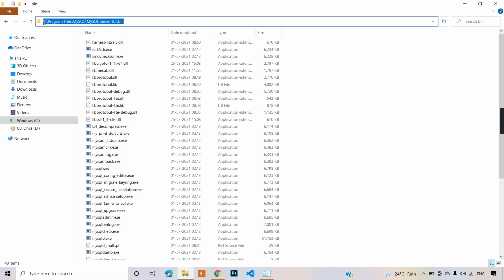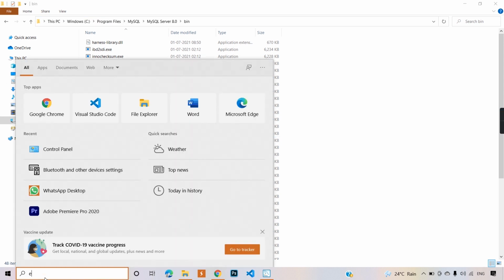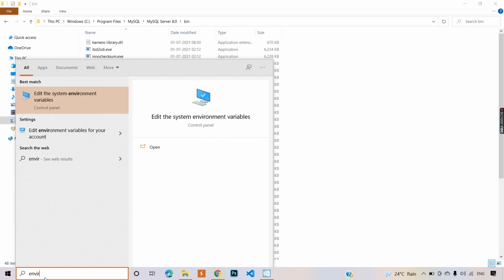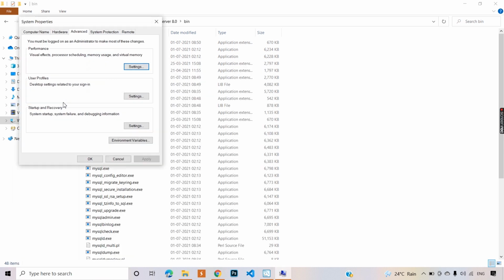After copying the path, go in your search bar and type environment, then click on edit the system environment variables, and then click on environment variables.